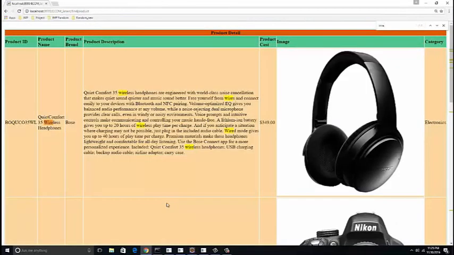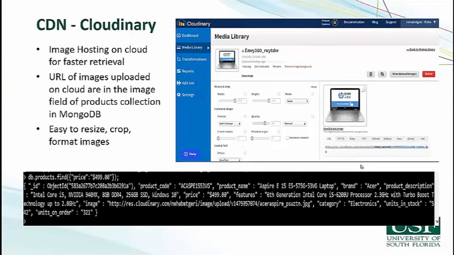Now Neha will be explaining Cloudinary. So basically we are using a CDN for image hosting, and CDN is nothing but a content delivery network used to improve users' experience in terms of speed. It works by providing alternative server nodes for users to download resources, usually static content like images, and these nodes are spread throughout the world, therefore being geographically closer to your user, which ensures a faster response and download time of the content due to reduced latency.